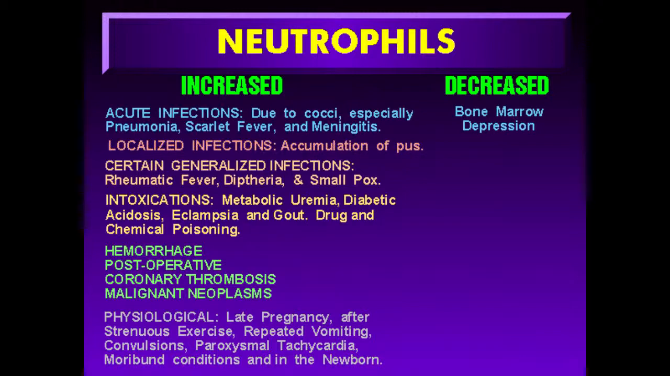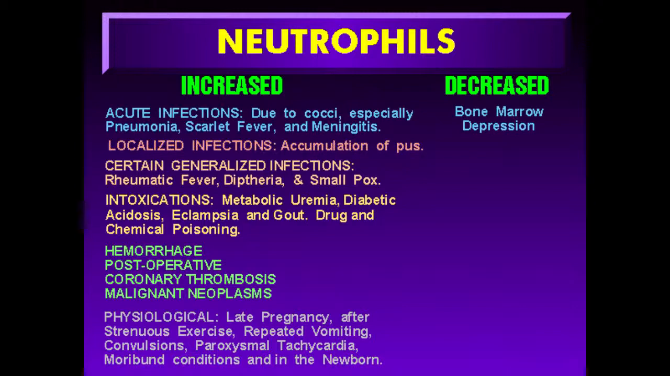and drugs, when there is hemorrhage and an acute or sudden hemolysis of erythrocytes. In postoperative states, coronary thrombosis, and in some malignant neoplasms. Elevations can occur due to physiological mechanisms that may occur after strenuous exercise, during late pregnancy and labor, after repeated vomiting, convulsions, paroxysmal tachycardia, in the newborn, and in several moribund conditions as well. Pathologically decreased neutrophil values are seen when there is bone marrow depression and in the late stages of an HIV